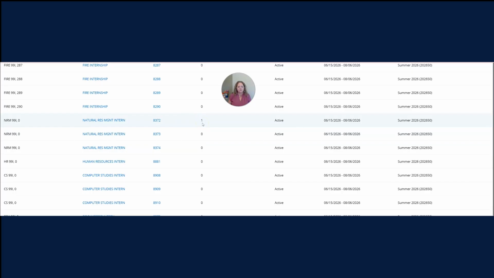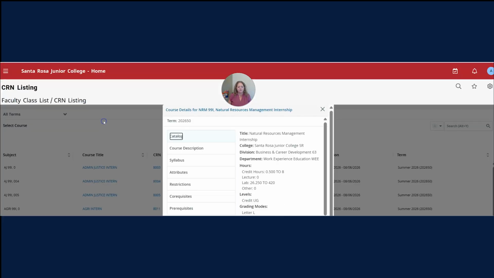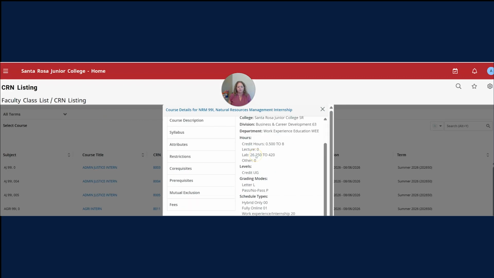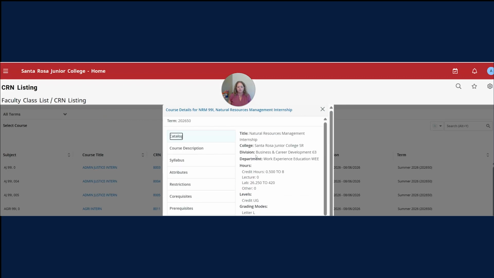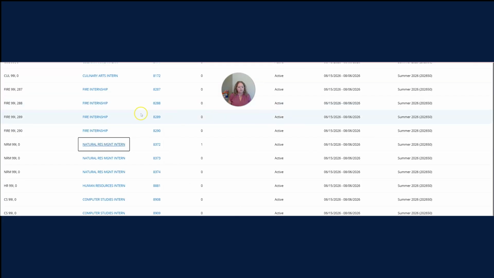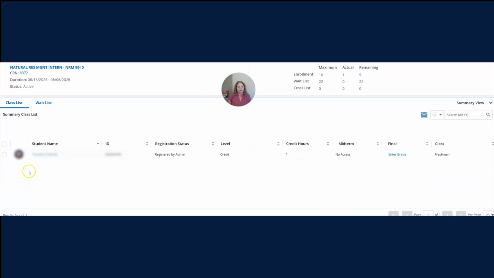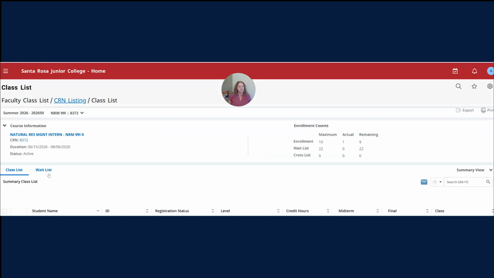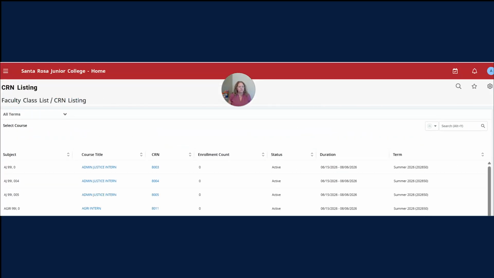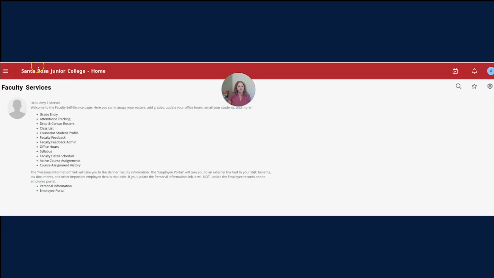So if I wanted to see who that student was, I'm going to click anywhere except for on the hyperlink. If I click on this hyperlink, it's going to bring up information about the course. This is what students see. And so I don't want to see that information. I also don't need to see the CRN. And so I'm just going to click here in the blue, and then it brings up the student that is registered in the class. So that is one way to find your class list, but there's an easier way